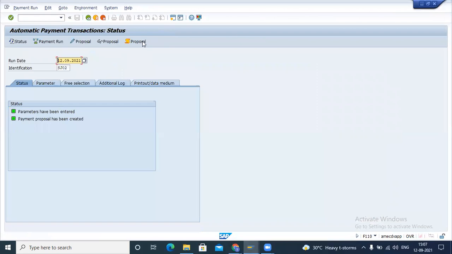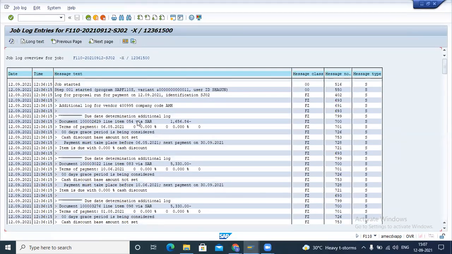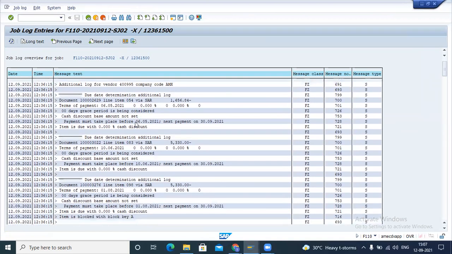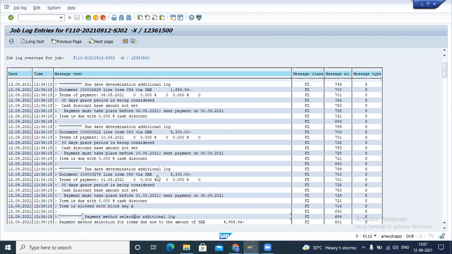So this kind of log we can see here also. This is generally used by the IT consultant when you are raising an issue, asking why this invoice is showing in red in the proposal.